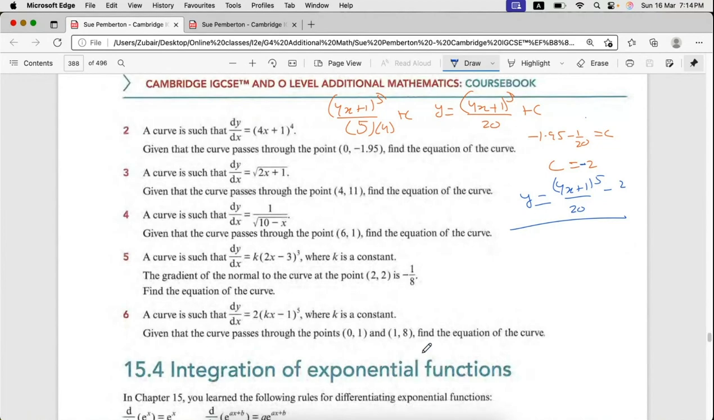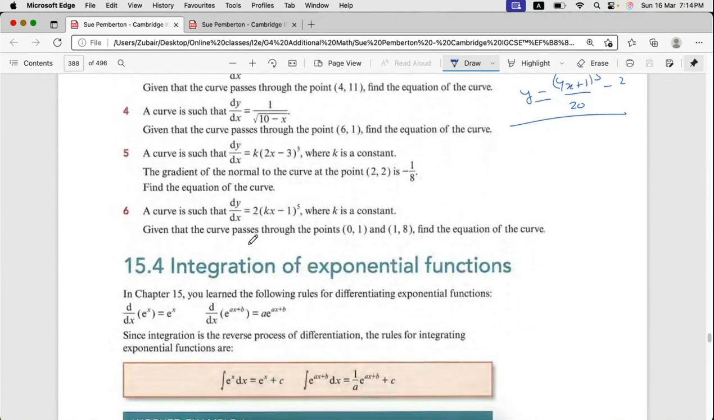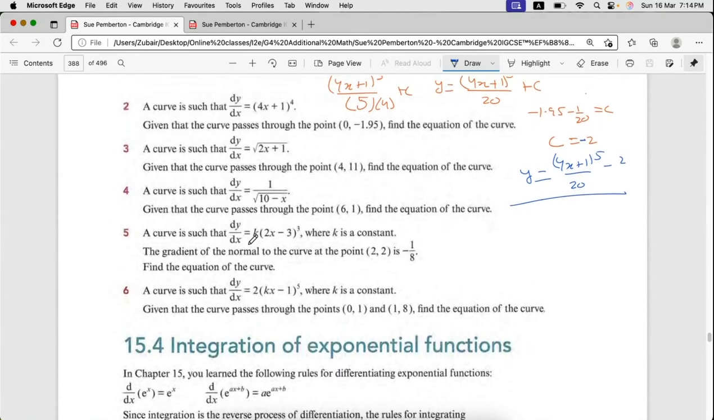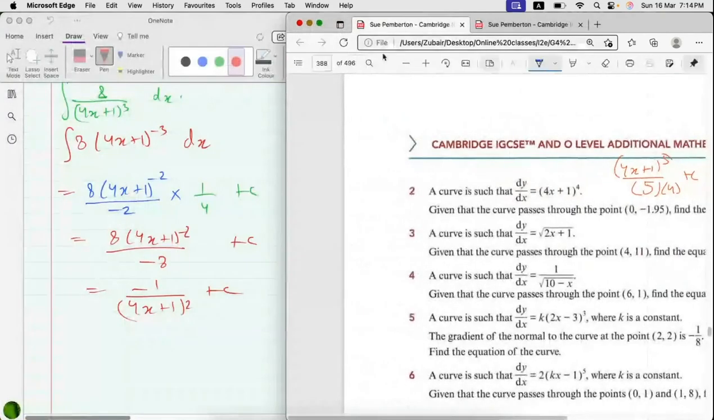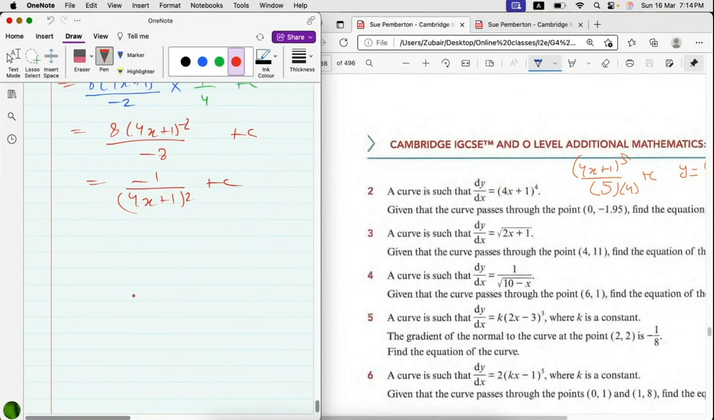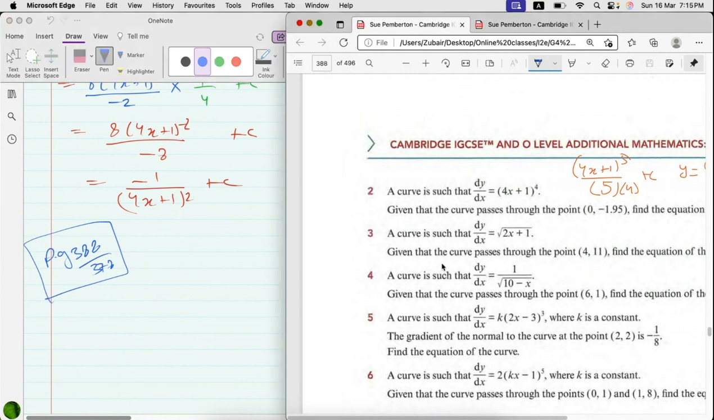Okay, so you'll be able to do till 15.3 for now. Okay, this is page 388. Okay, so do practice, and inshallah we'll